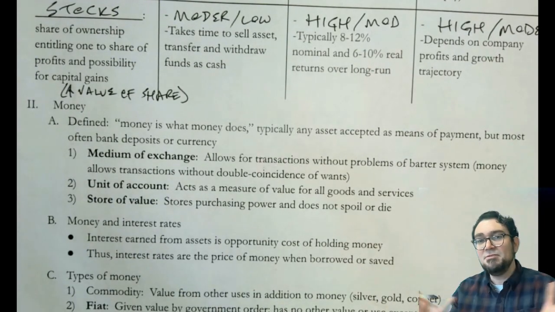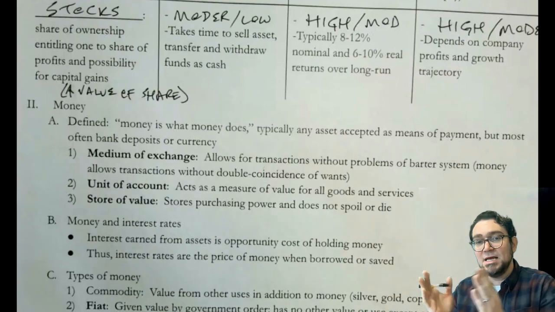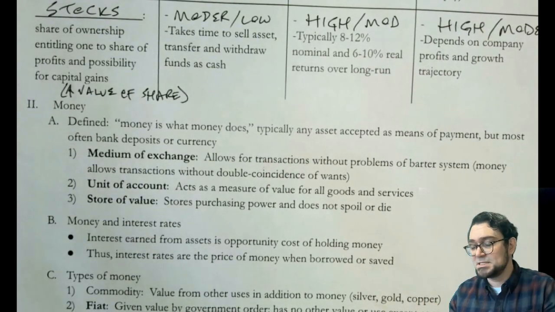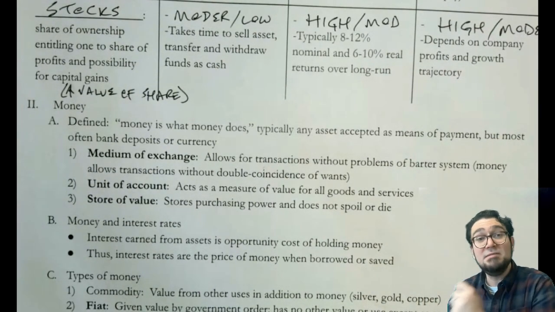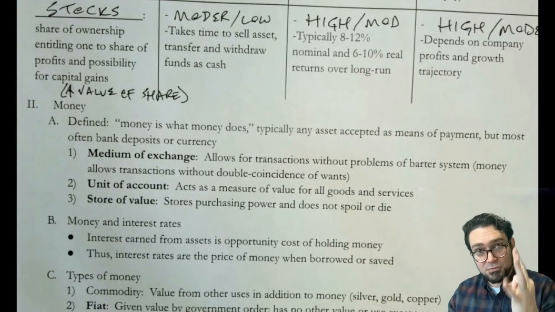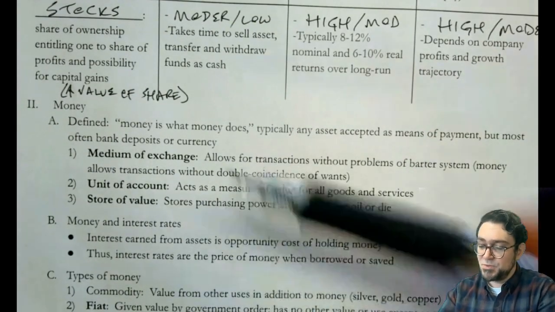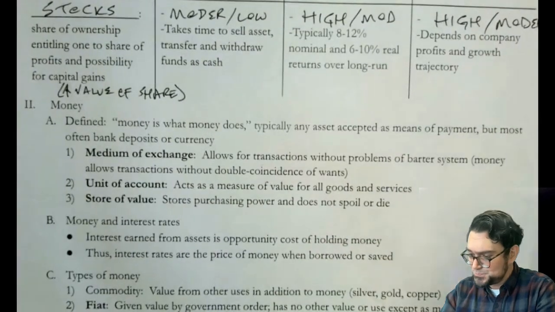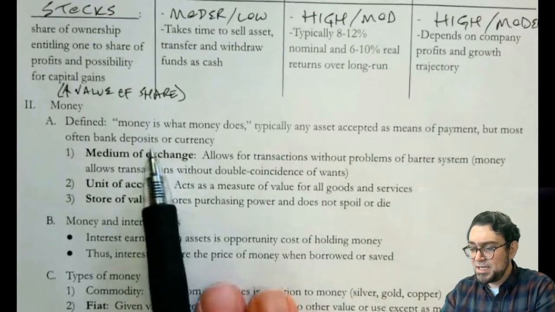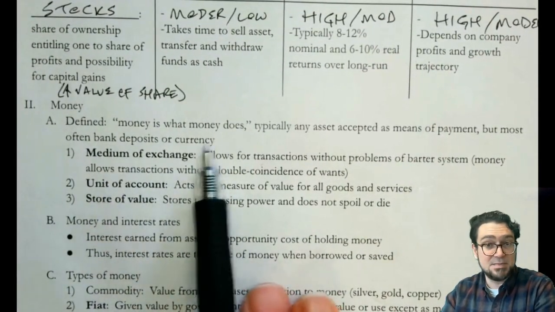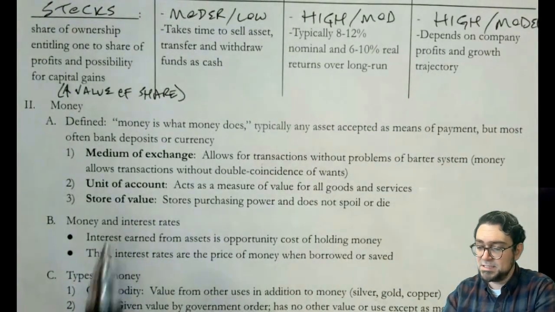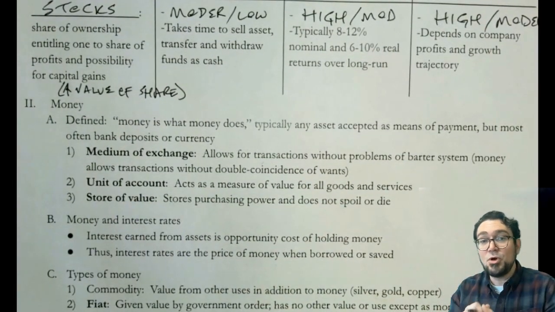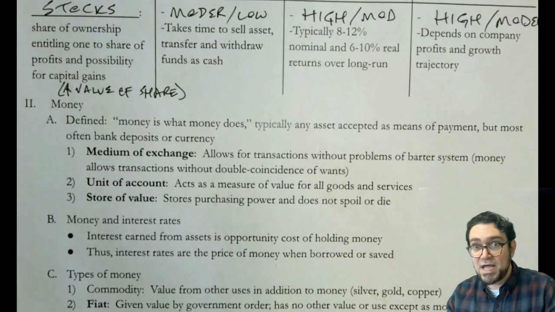It is completely invented by us as humans, and we use this thing that we call money to do three specific functions. If you have something that you're calling money, it needs to do all three of these things really well. So those three things are medium of exchange, unit of account, and store of value. And so these would be most commonly in the United States, bank deposits and currency, which are what we just listed. But a medium of exchange is this function of money where when you go to buy something, you can actually pay for that thing in money.